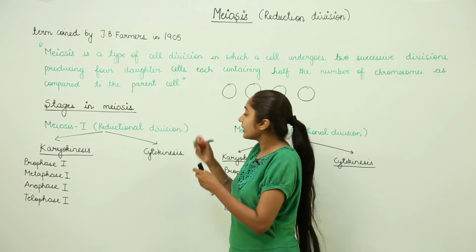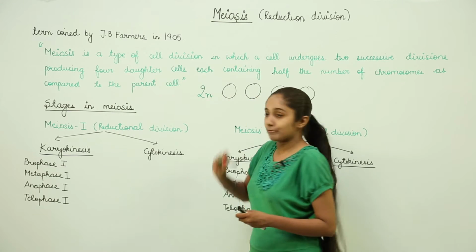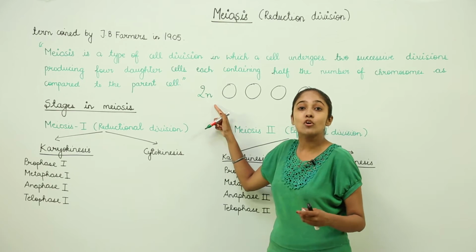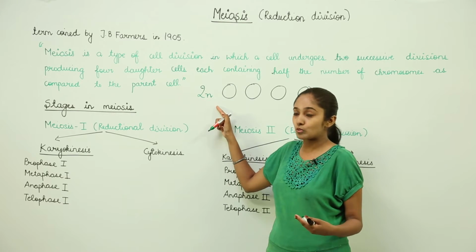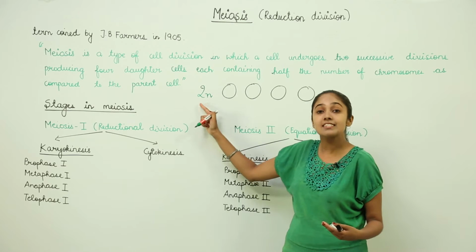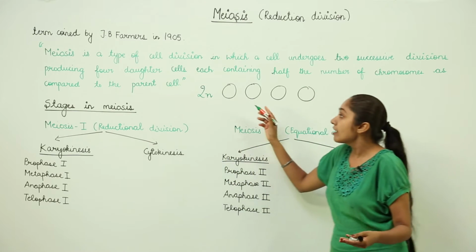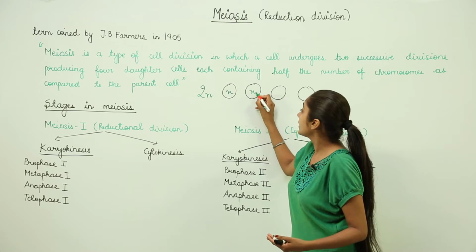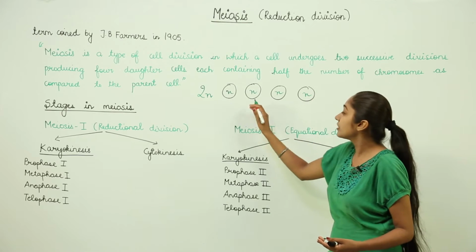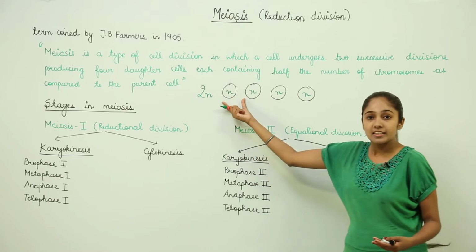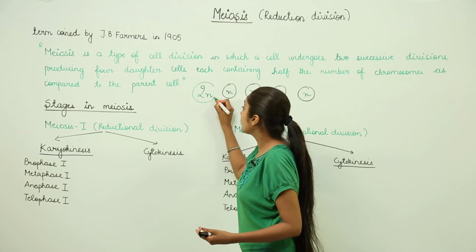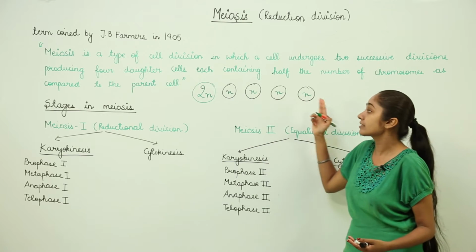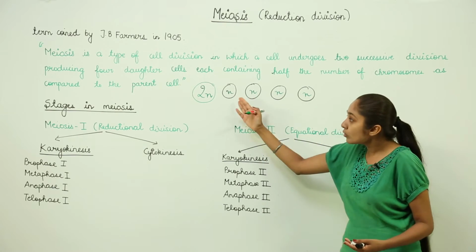The diploid number is designated as what? 2n. This is how we write when we want to convey that we are talking about the diploid number of chromosomes, that is 2n, meaning diploid, double the number of chromosomes. When we talk about haploid, meaning half the number of chromosomes, we are talking about n number of chromosomes. We will just write n. This means that from this diploid cell we have the haploid number of chromosomes in the daughter cells, half the number of chromosomes. How is this achieved?